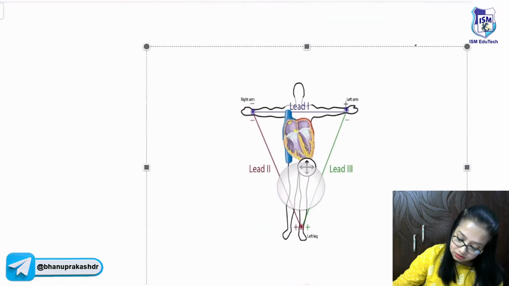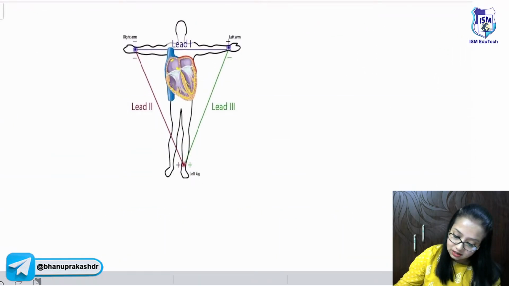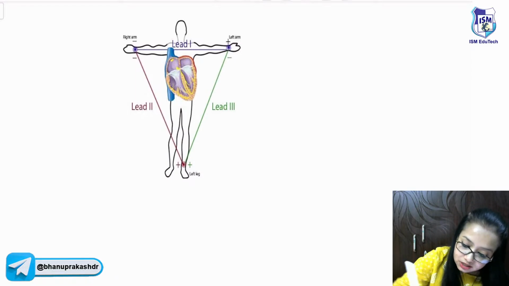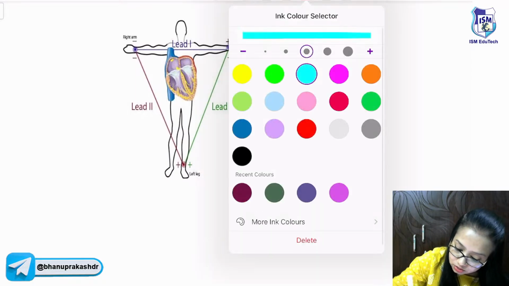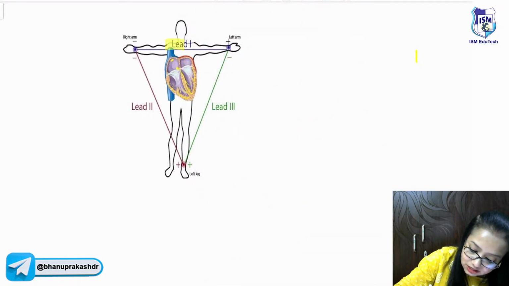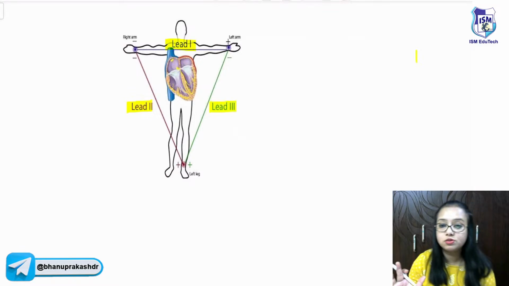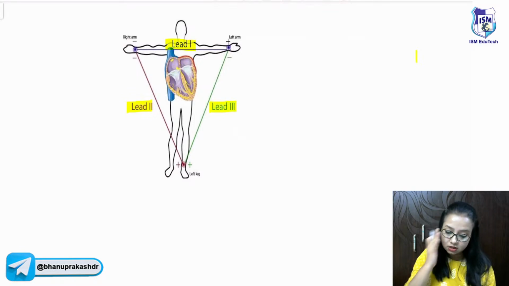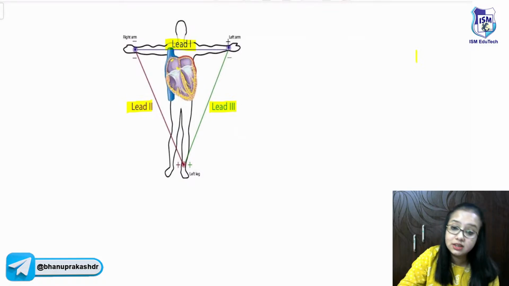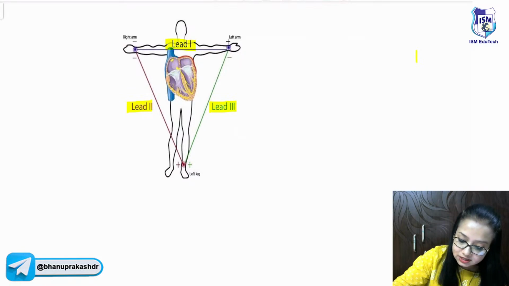So here from the diagram, as you can see, there are like 3 limbs as mentioned earlier. So just have a look here. This is lead 1, the first lead. This is lead 2 and this is lead 3. Okay, there are 3 leads. So if we look at lead 1, it has got a positive input. It has also got a negative input. So if we write it like